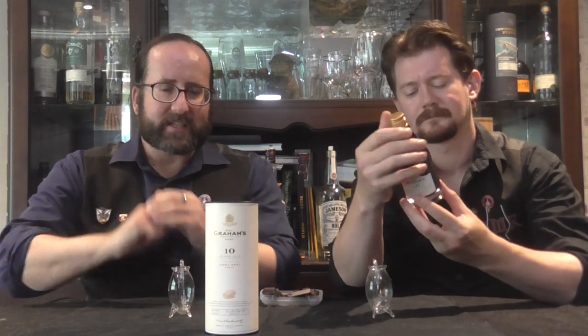This is Graham's. Now the Graham brothers set up shop in Portugal in 1820 selling textiles. By 1890 they had their own vineyards, and now the company is still going strong producing a range of port. Yes, indeed. And so I guess you call this the ultimate deconstruction of Scotch whiskey. We're going to see where these casks came from with this rather smart little bottle of